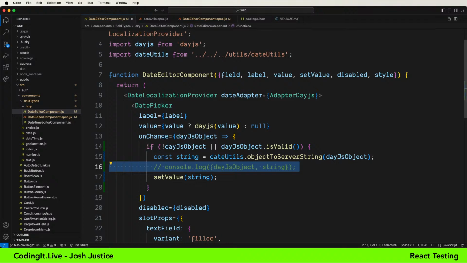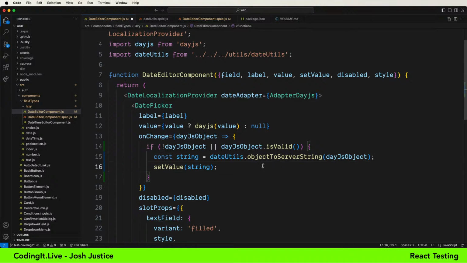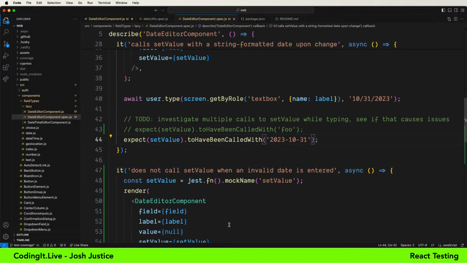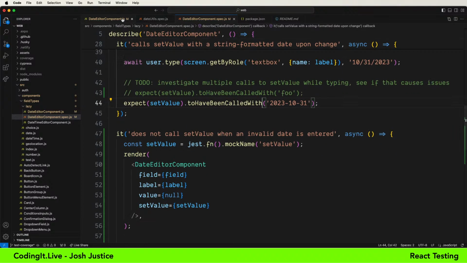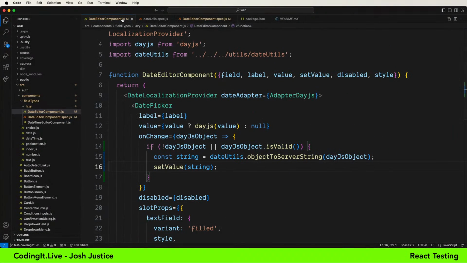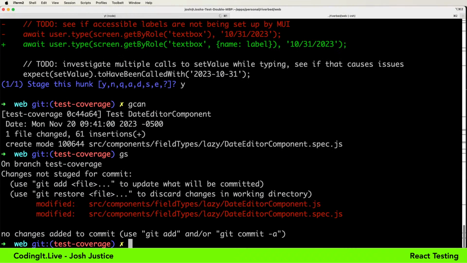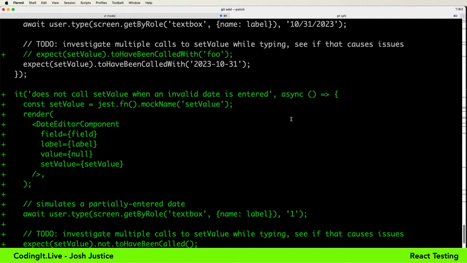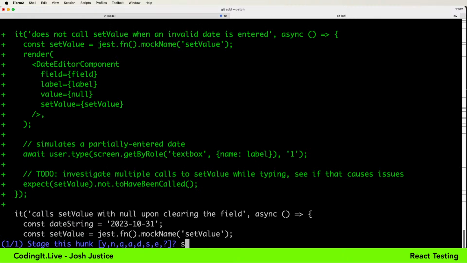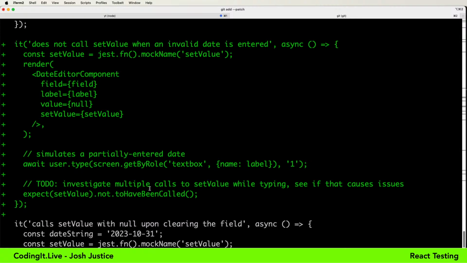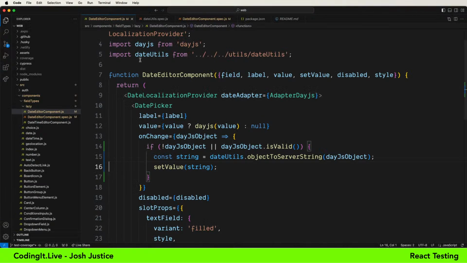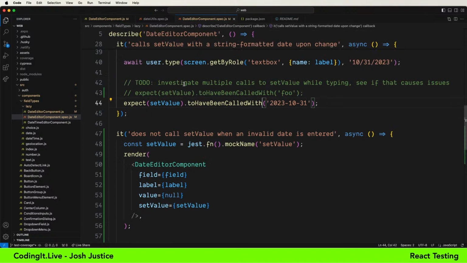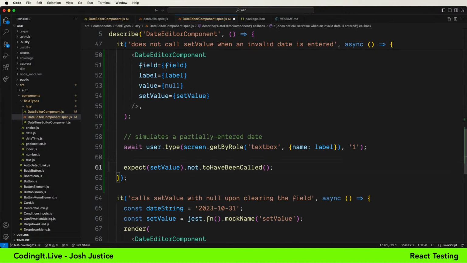Anyways, whatever. So with this check in here now, we've specified that we're not calling set value when an invalid date is entered. So that is progress, and I want to make a commit for that progress. I'm going to do a separate commit for that. Git add patch is nice to review the changes, to add just individual changes in a focused way. Here's our functionality change. I don't want this comment here, so I'm going to split and skip that, but I am going to add this new test. I don't need that to-do there either, because that to-do exists in the other test. So let's just remove that.